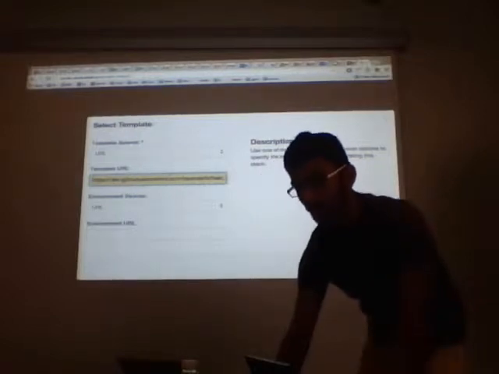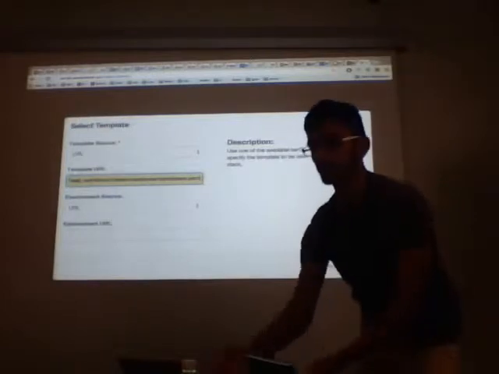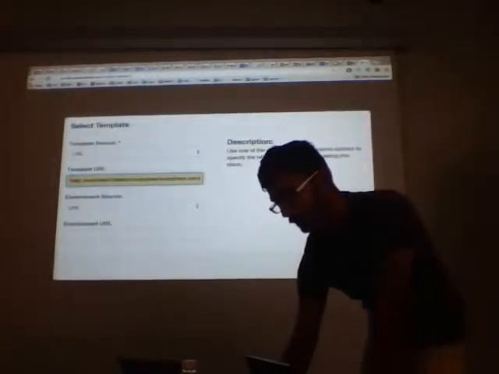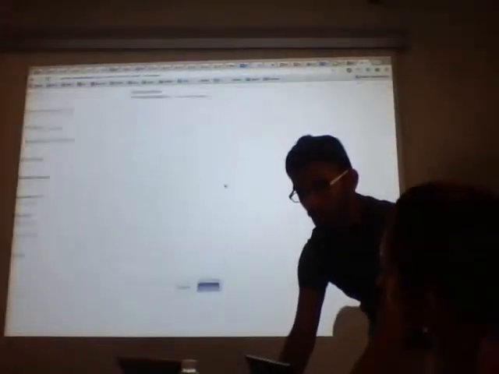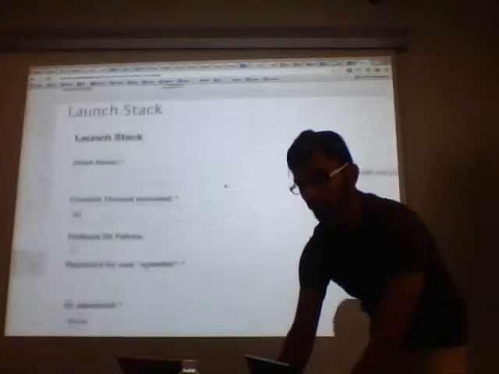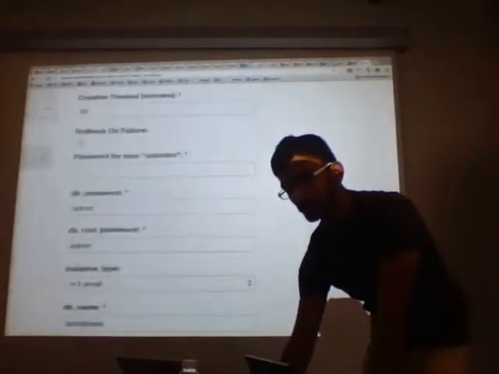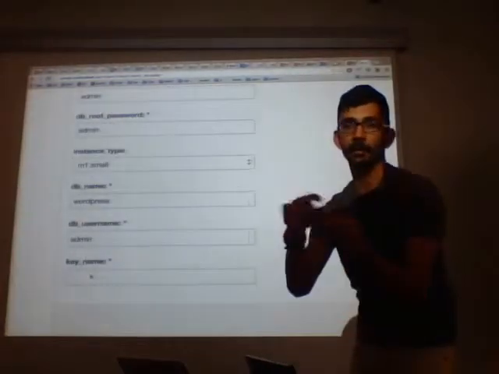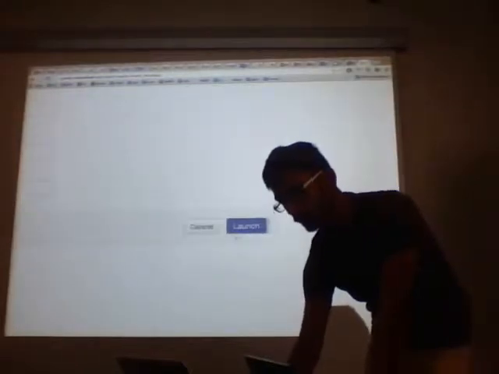And then you just basically put a template URL here. This is just hosted on GitHub. So you put the URL in here, and then it'll take you through this page. Here you need to specify all these parameters. This would be the stack name, the password, which is a parameter, and the key name, which we specified when we did -p. Same thing here. And then you can do launch, and we'll create the